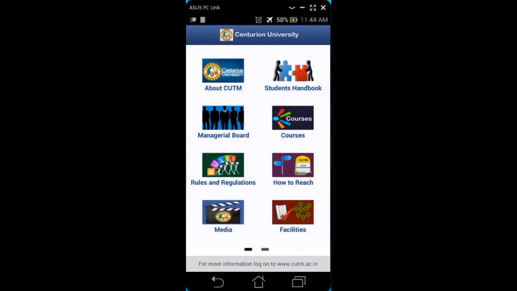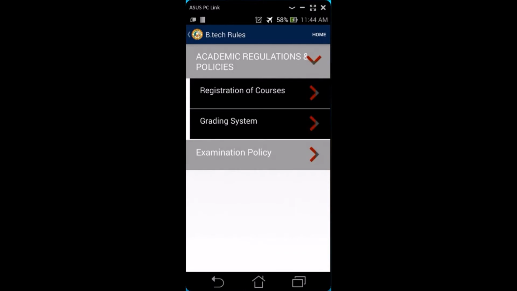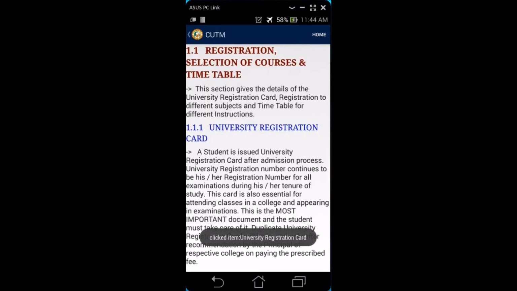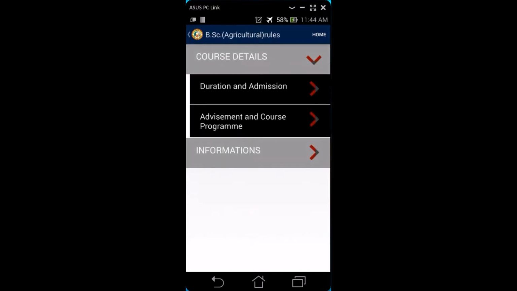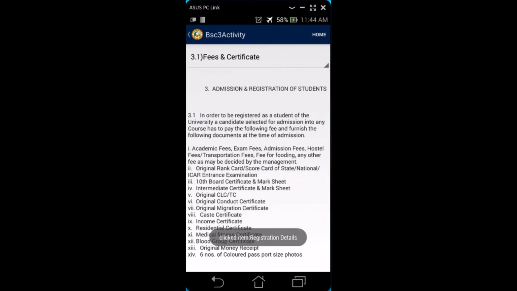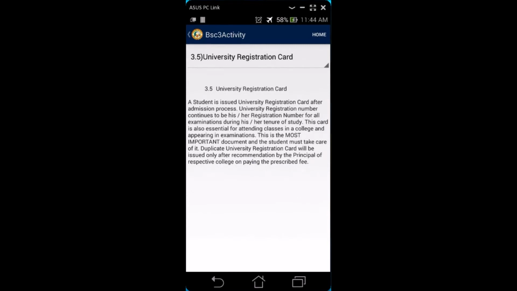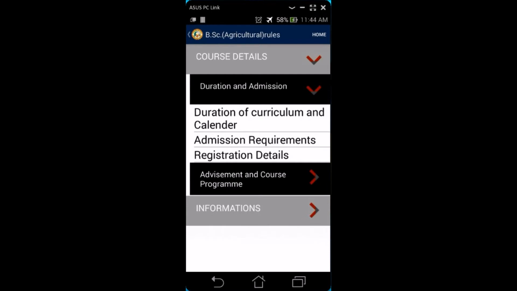Now going back to home, rules and regulations. It contains all the rules and regulations in a three-step expanded list view. The user can expand the required section and open the file to see the rules and regulations. Also, somewhere in the list view, a spinner is provided for reading more data. Clicking on the spinner shows the provided options.